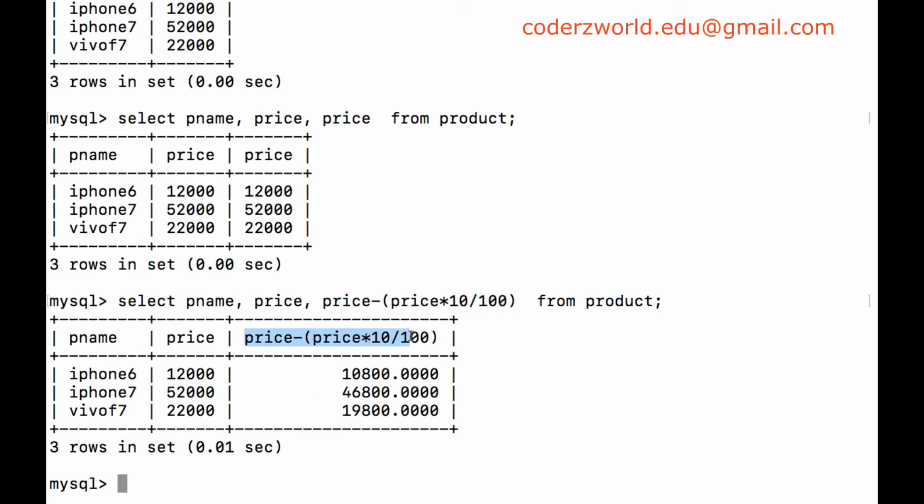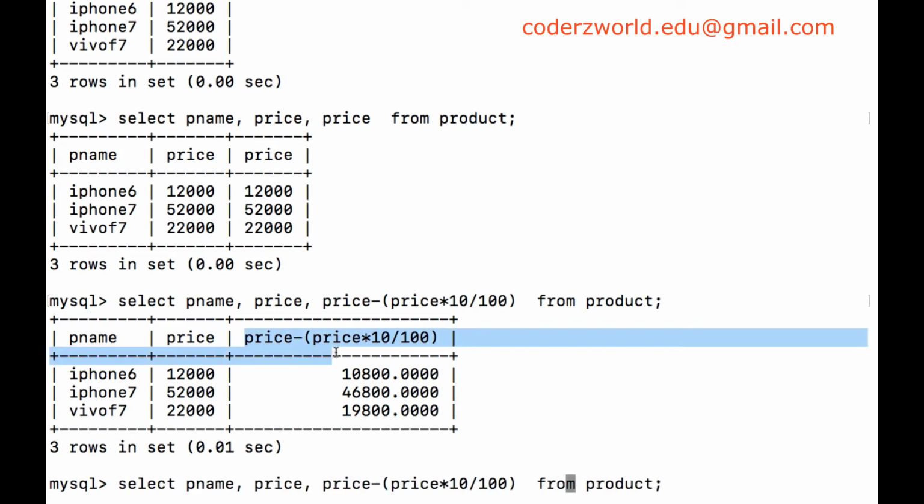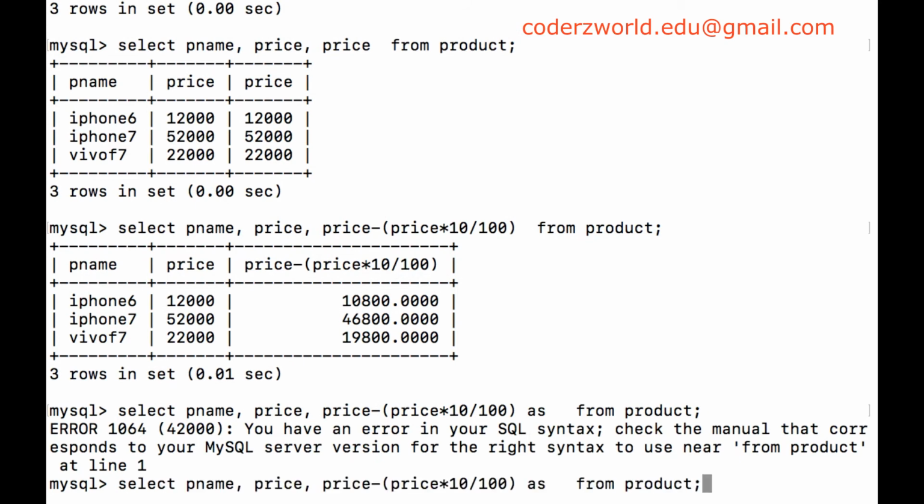If you want to provide an alias name for this particular column, what I'm saying is that now we are getting this particular heading. Instead of that I want a label, like as, sorry, the statement got executed, so we got an error.